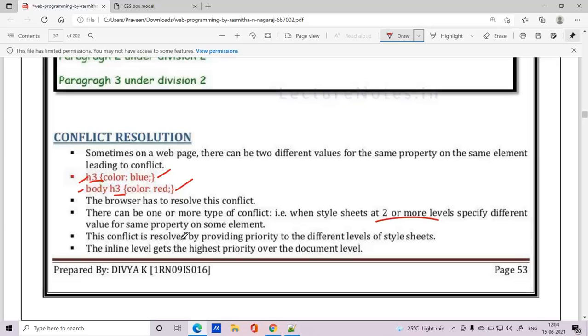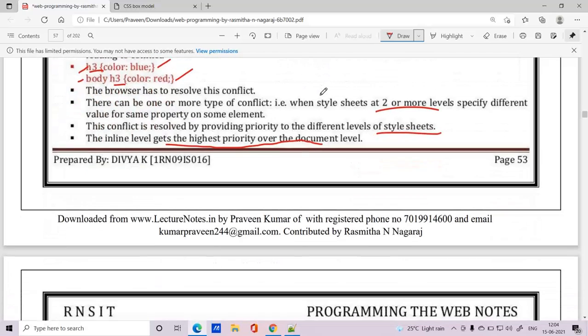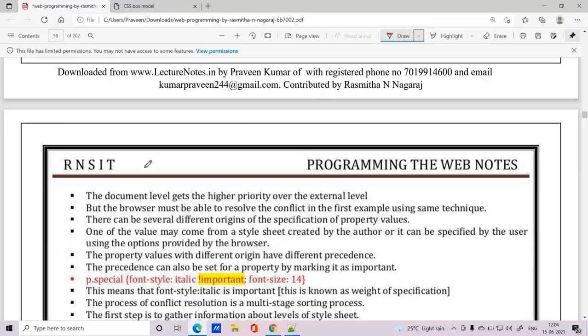This conflict is resolved by providing different levels of style sheets. Inline styling gets higher priority than document level. Similarly, document level will have higher priority compared to external level.